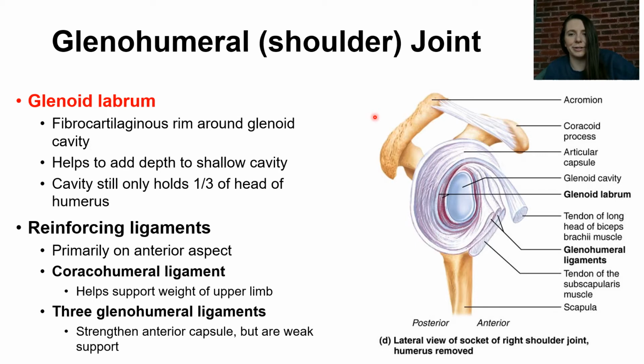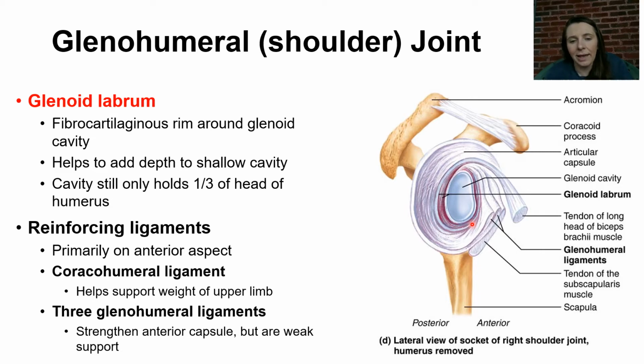And so you're seeing, here's your acromion and the coracoid process, and then here would be the body of the scapula. So the glenoid labrum, again, it's going to form this little ring that's right around the cavity, and basically this just helps to add some depth to that really, really shallow cavity that is the glenoid cavity. Even by adding in this labrum, the cavity only holds a third of the head of the humerus in that cavity. So it's a very small, shallow area,